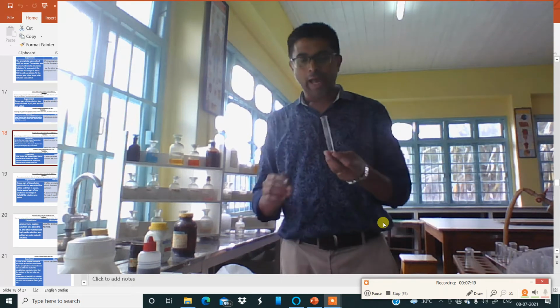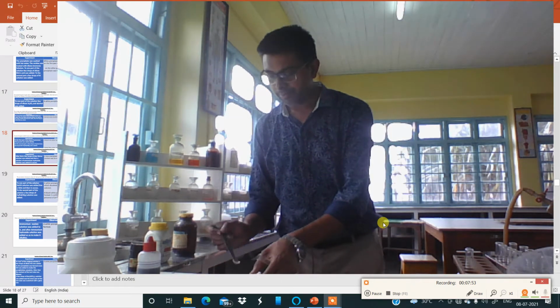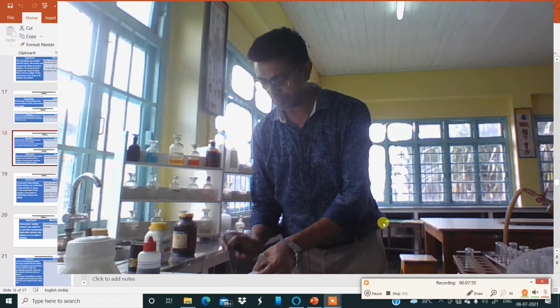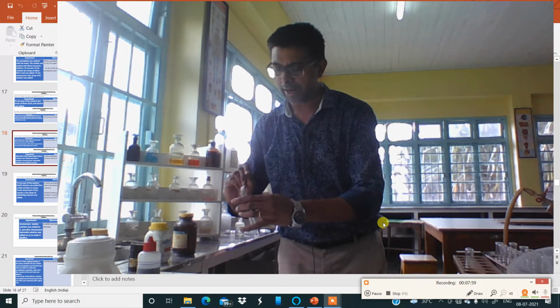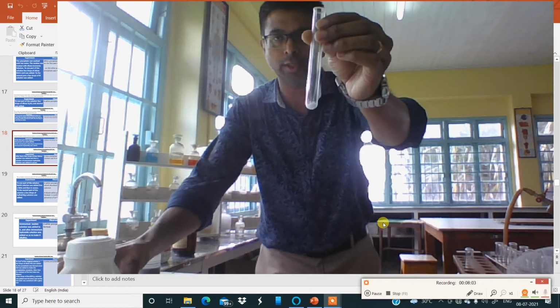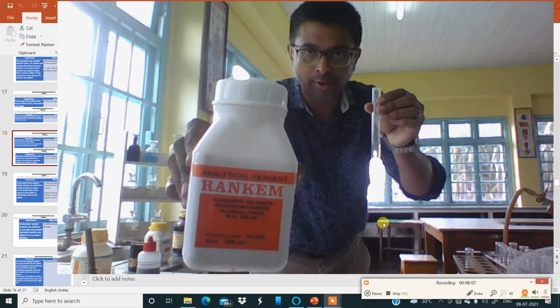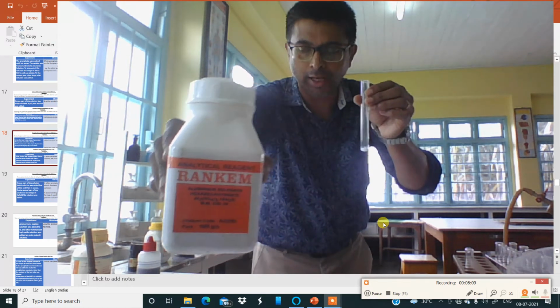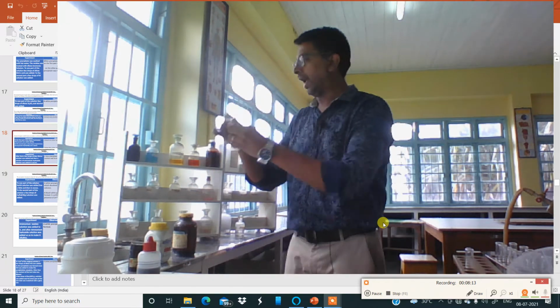So I will take this salt containing aluminium in a hard glass test tube like this. I have taken the aluminium salt in a hard glass test tube. This is aluminium salt. It is white in color. You can see it is, I think, aluminium sulfate. Now to this salt, I will add water